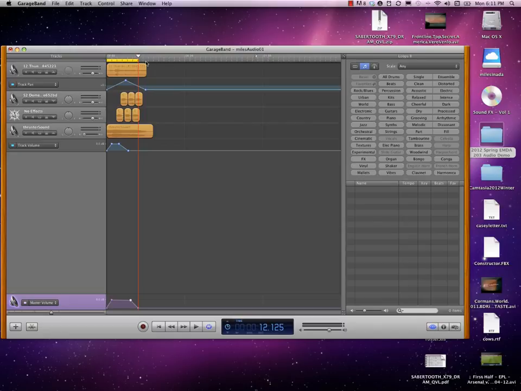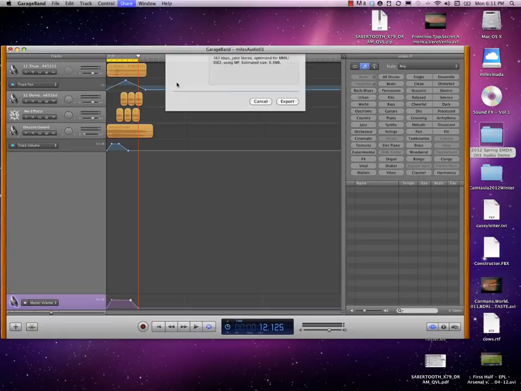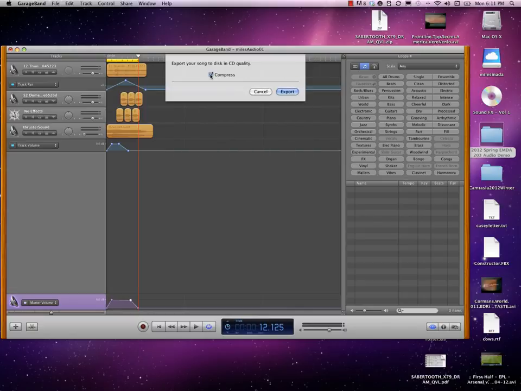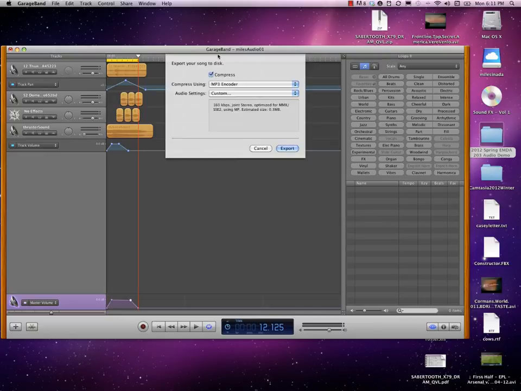So when I'm all ready, all I have to do is go up here to Share, Export Song to Disk, and you can mess around with the compression settings, see what you like. If you turn it off, you'll get CD quality. Maybe a little compression might not be a bad idea for Unity. Just go ahead and experiment, see if you can live with the results. David might have some better suggestions than that, but let's just go with the setup here